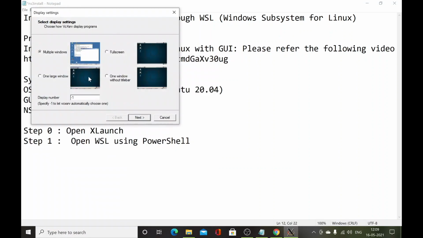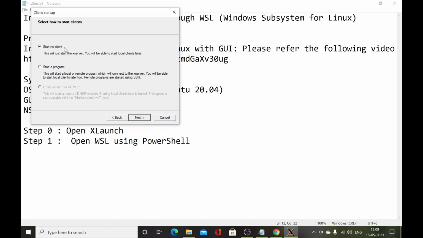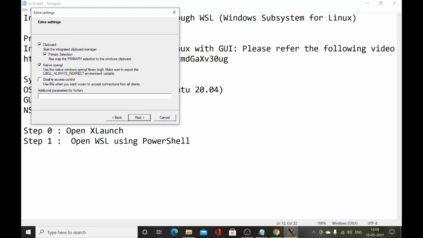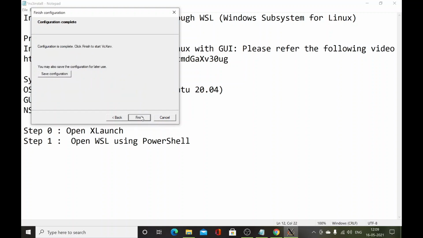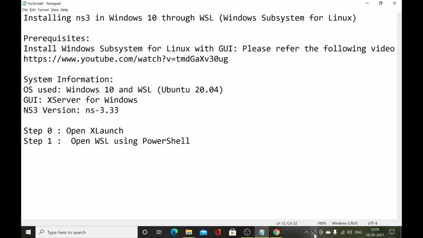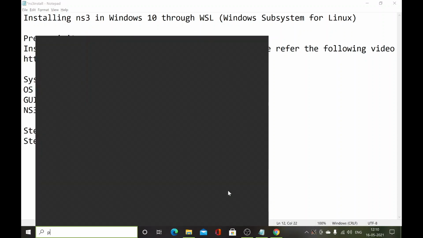Once it opens, select the options as indicated in the video: start with no client and disable access control, so that any client can access it, and click next, save, finish. Once it is finished, the XLaunch software will appear in the taskbar. Here you can see that it's in the taskbar.